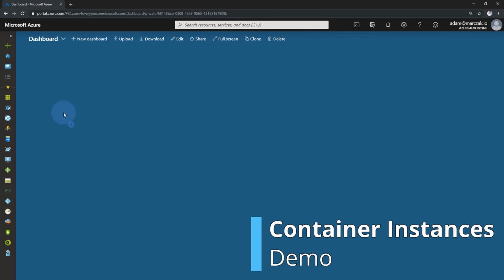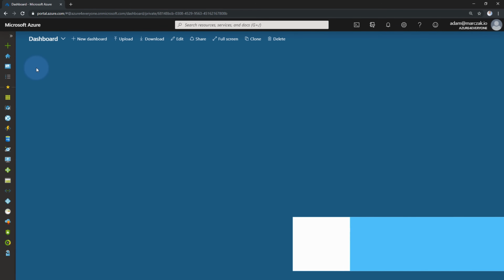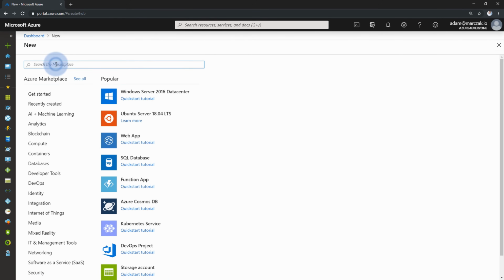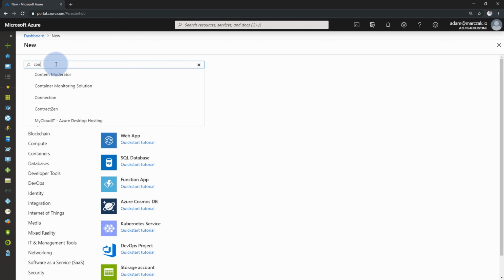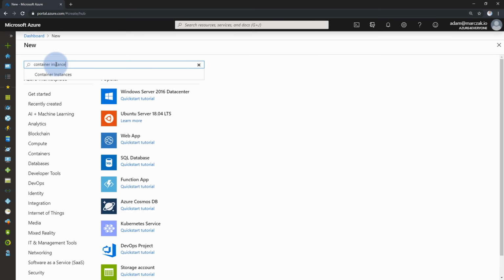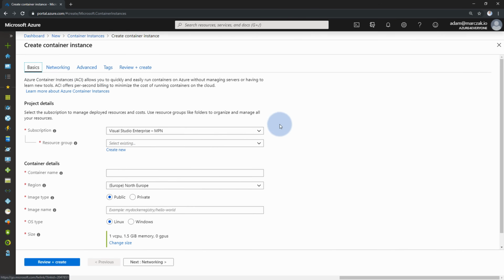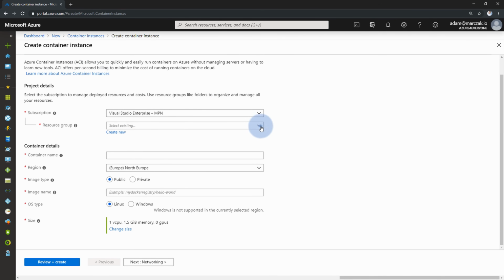So in the portal now, we can go and start creating our container instances. To do so, we click on this plus to create a resource. We type container instance. We hit create. And as always, we need to provide a resource group. I always have one created for the demo. And I need to provide a container name. So this will be my container group name actually. So I'm just gonna give it a name,